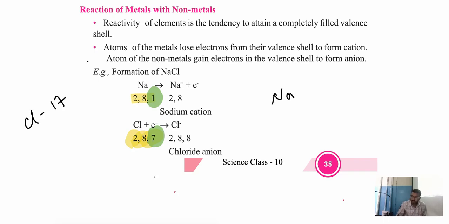Now this is my sodium and this is my chlorine. In sodium, in the outermost shell I have 1 electron. In chlorine, in the outermost shell I have 7 electrons. Then sodium decided, if I remove this one,